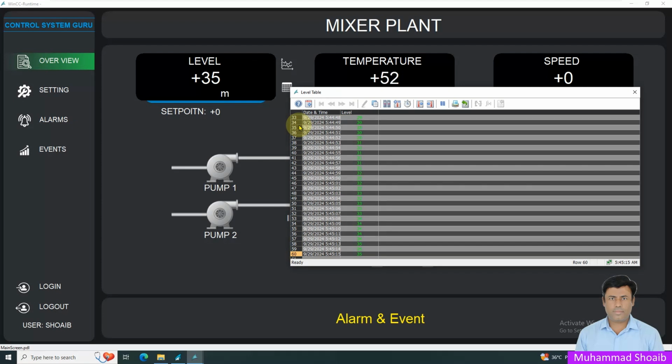One of the most common ways to historize data is by using the cyclic continuous acquisition method. This method records data at regular intervals regardless of whether the tag value changes or not. It's useful for the continuous monitoring of process variables. As you can see here in this table, data is historized at a specific time interval regardless of what data is coming into the variable. So in this tutorial video, we will learn how to configure